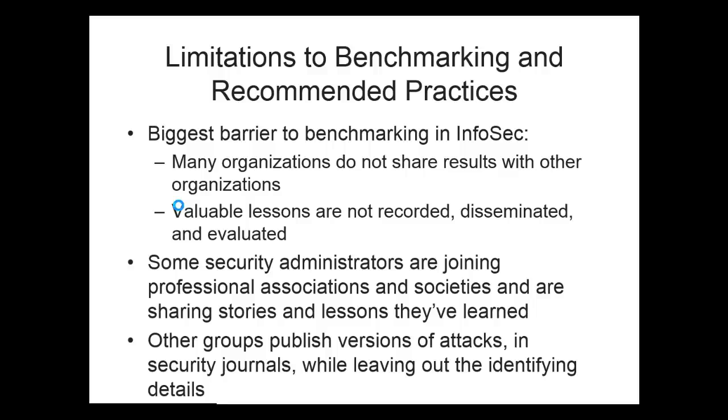Even sometimes if we're in a company and we are their security officer, we are then bound by confidentiality rules that say, well, yeah, I know you guys got hit and you'd like to go to this conference and talk about it. We're not going to let you. And so sometimes that's a good thing, sometimes it's a bad thing. But the reality is,